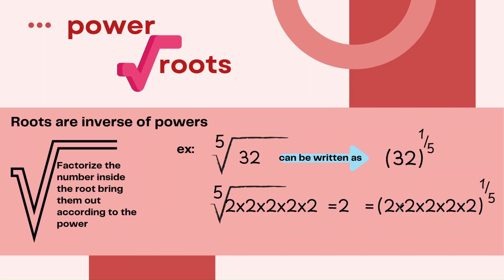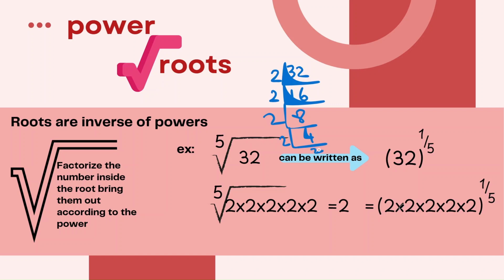Roots are the inverse of powers. So if we find out the root for this, we have to factorize the number inside the root and bring the factors out. So number 32, you factorize, that will be divided by 2. 2 times 1 is 2, 2 times 8 is 16, 2 times 6 is 12. Again 2, 8 times, again with the 2, 4 times, again with the 2,